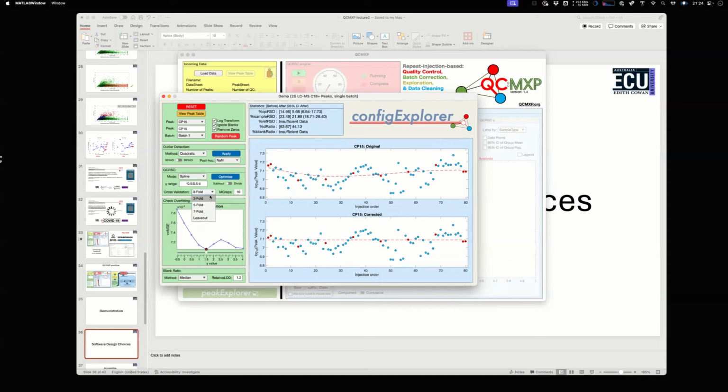You can use multiple different optimization methods, and then Monte Carlo reps so that you can do multiple optimizations. Now you'll see that even with this, it's not the same every time. This is a function of the fact that we're fitting a smoothing spline to very few data points. So you kind of have to play around with it and see whether you feel like you need to constrain